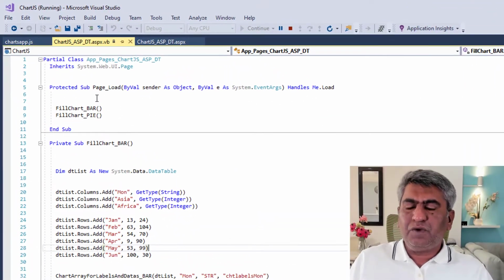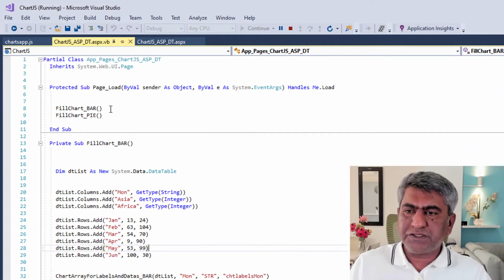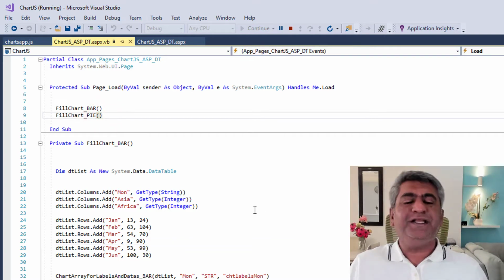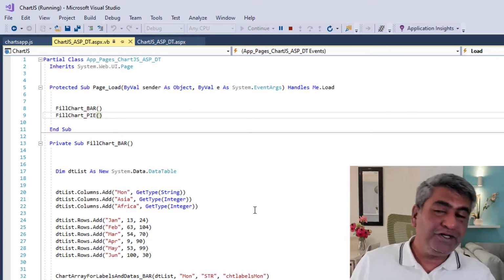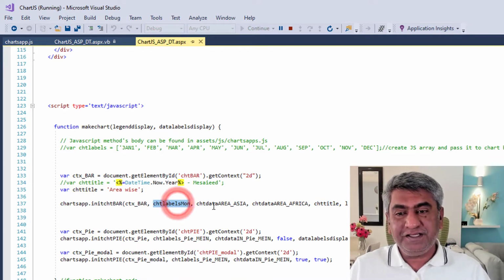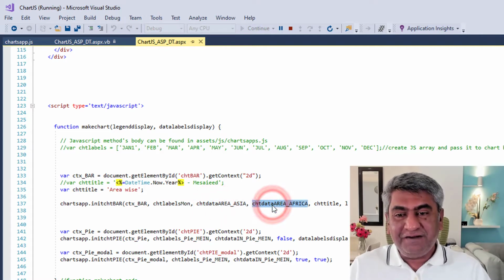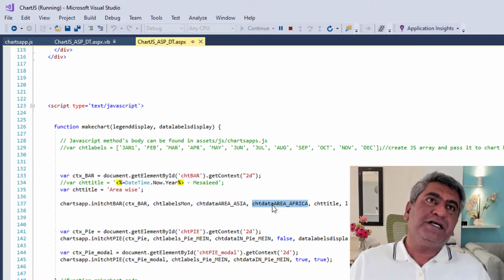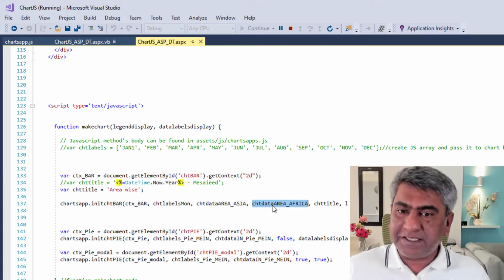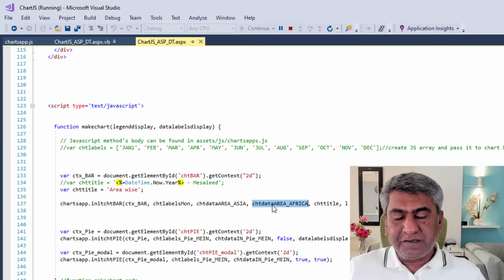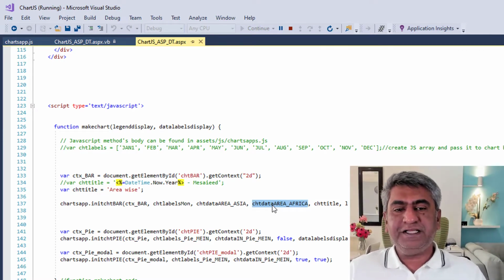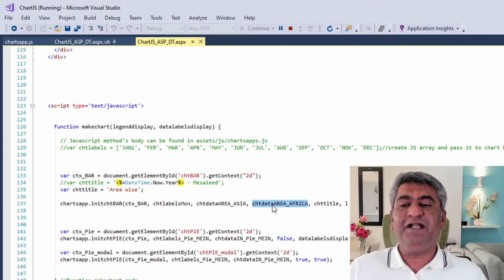In the page load, what we are doing, we are calling two functions to create bar chart and pie chart. Now we are not actually creating a chart here. What we are going to do here is we are going to define these variables and fill the data in that, because the data is coming from Oracle or SQL Server. It is a data list or data table or a data set that is coming from the server. So of course that coding has to be done in the code behind. That's why these are defined in the code behind and filled in the code behind.